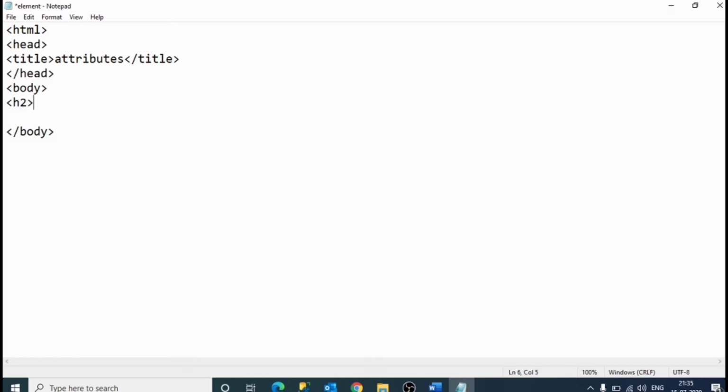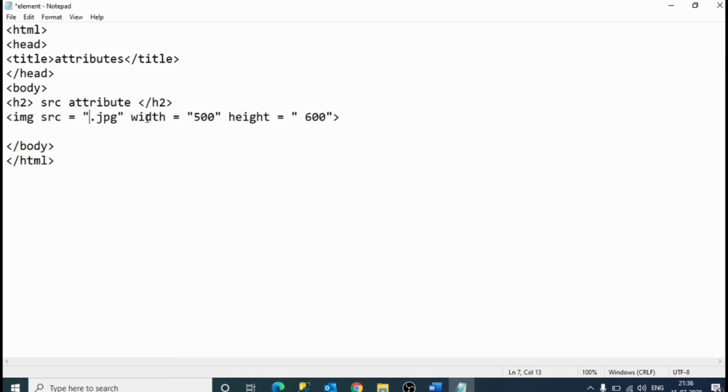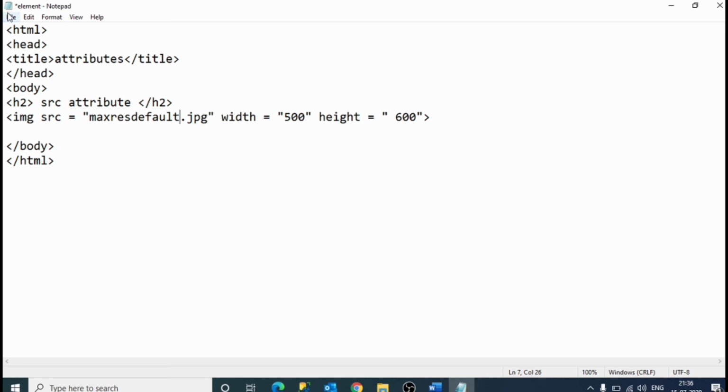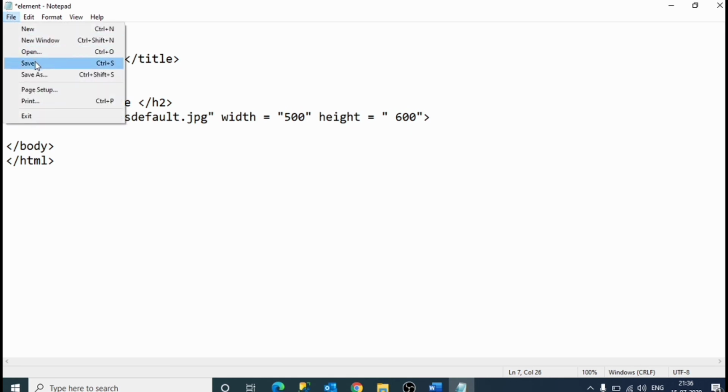h2 src attribute, slash h2. Now image, src, give the path, save it, and then we will see the output.